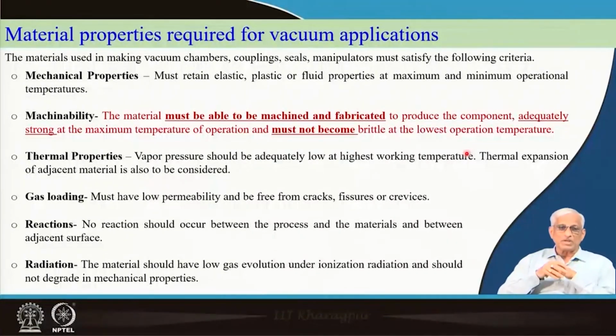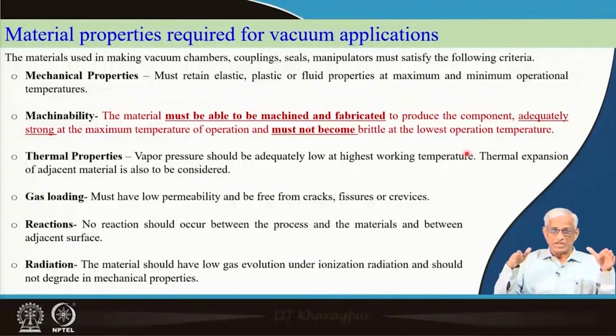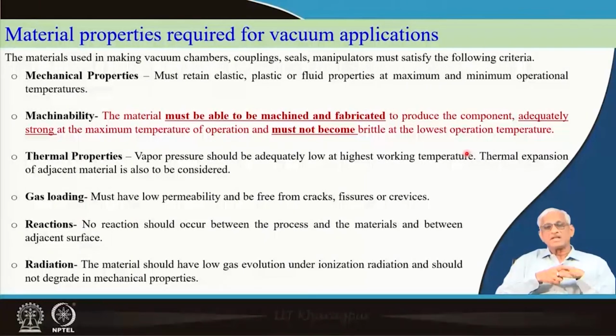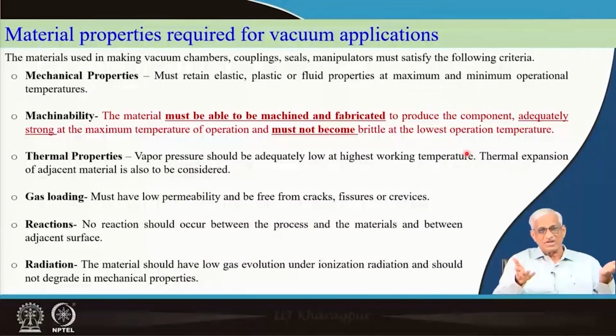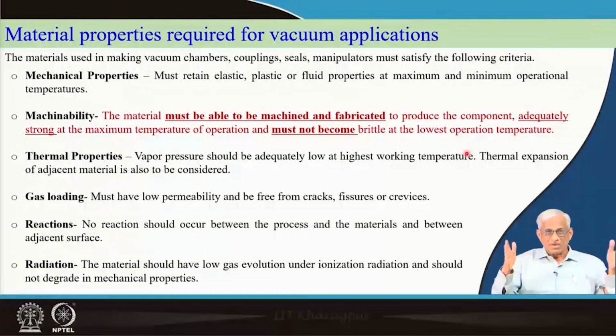With respect to vacuum technology, what type of properties are we looking for in the materials to be incorporated in our actual application? First is mechanical properties. It should be strong. After all, under vacuum, because of elastic instability, the chamber will collapse if you do not have a strong material or if you have chosen a wrong thickness,